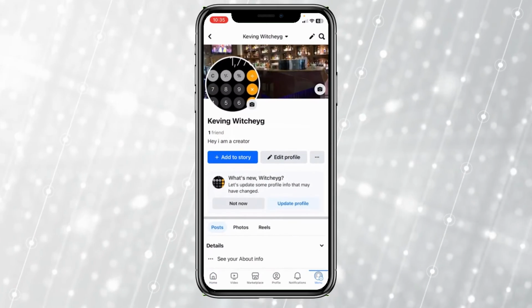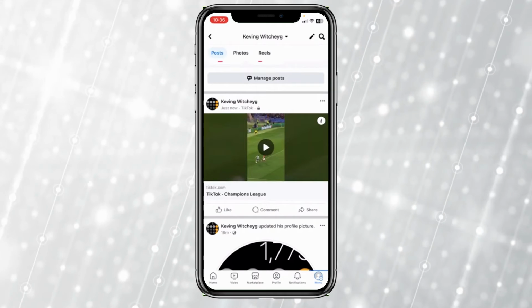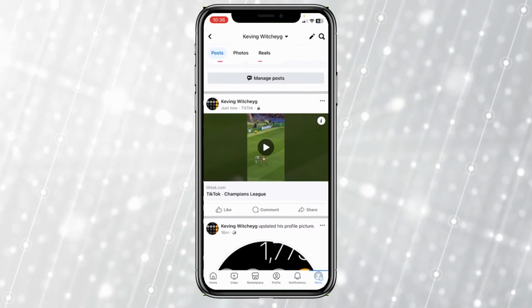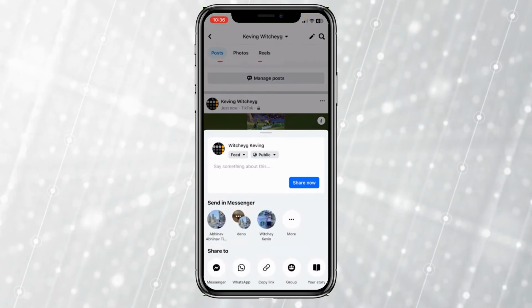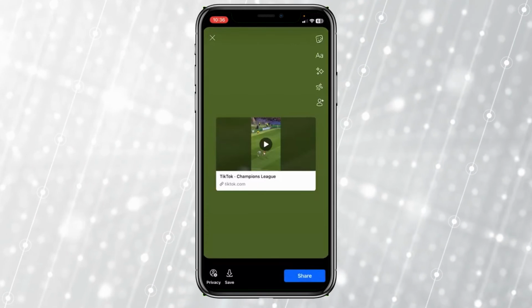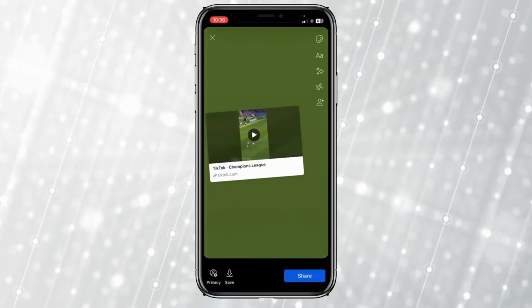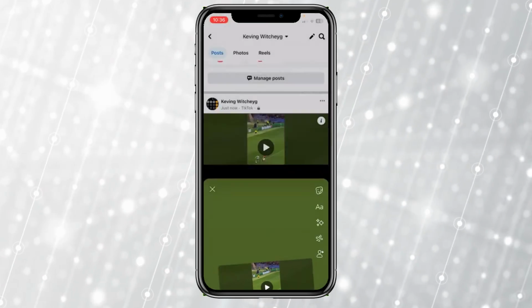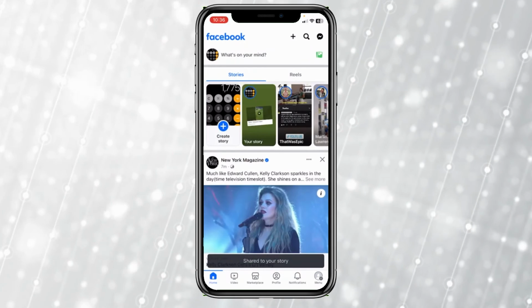And once I'm in my profile, I can scroll a bit down, and the video which I just shared is going to be over here. Now what I can do is click on share again, and this time, choose your story at the bottom right. Now this TikTok video is going to appear on my story, and I can zoom in, zoom out, do anything I want, and I can click on share, and this TikTok video will be shared on my Facebook story, just